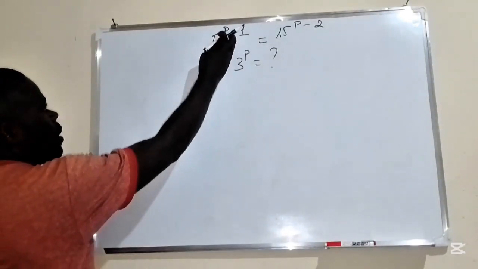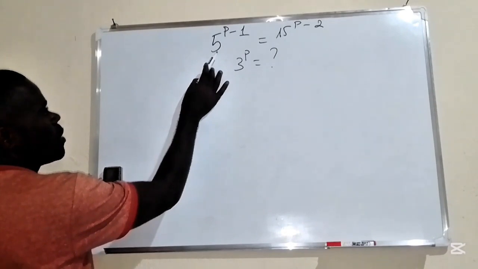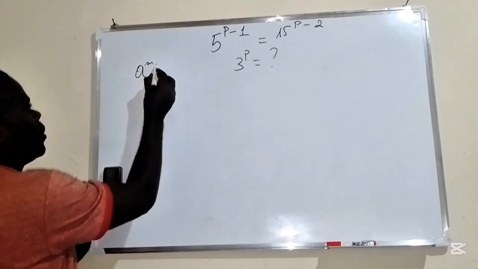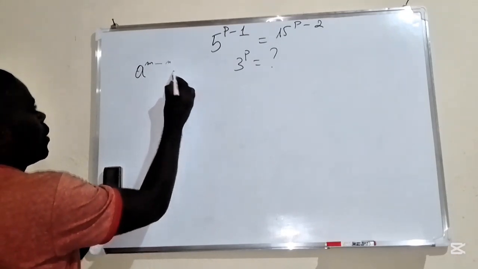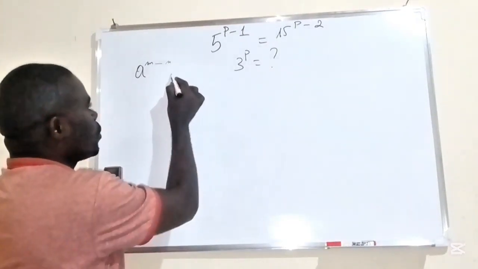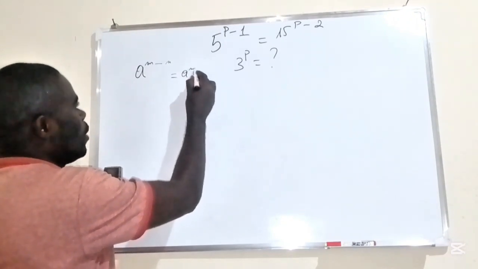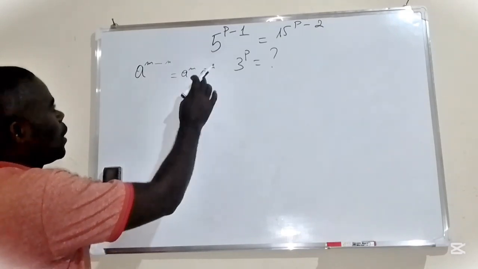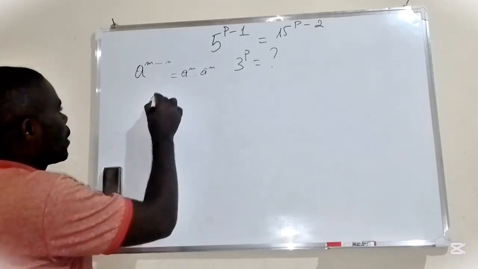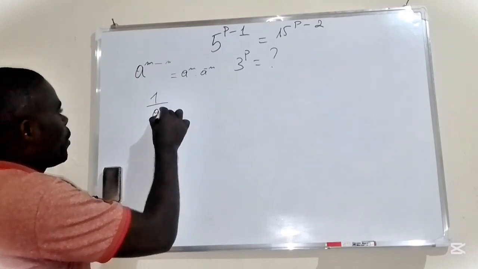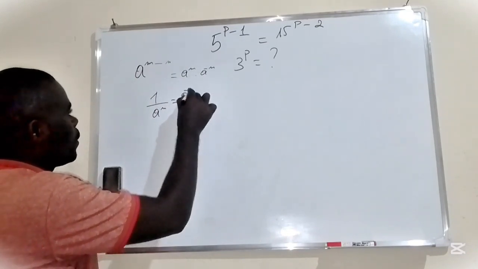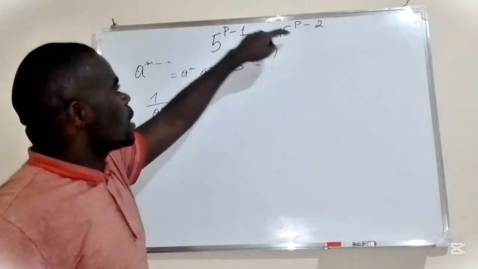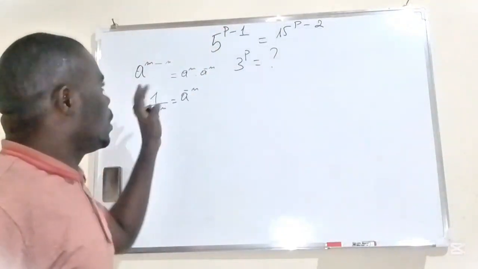We have one base with the subtraction at the power. One base, which is 5, with subtraction of power. So this is like a power m negative n. Then from the property, this automatically is equal to a power m times a power negative n. Also, if we have the negative at the power, it's like 1 over a power n, which is equal to a power negative n. Then, according to this, for left side and right side, we are going to use this